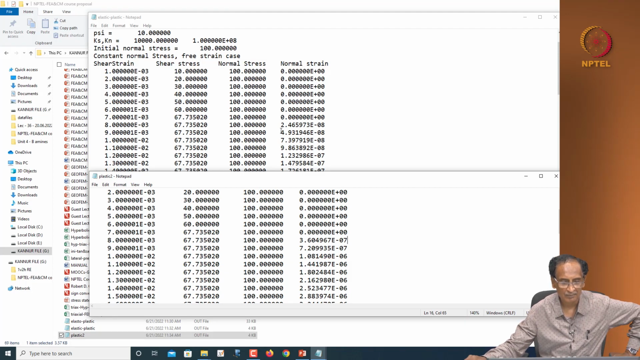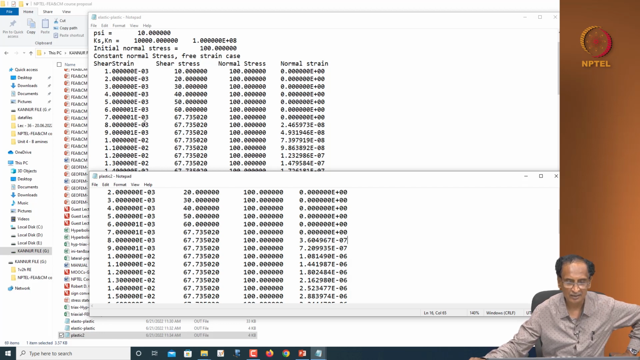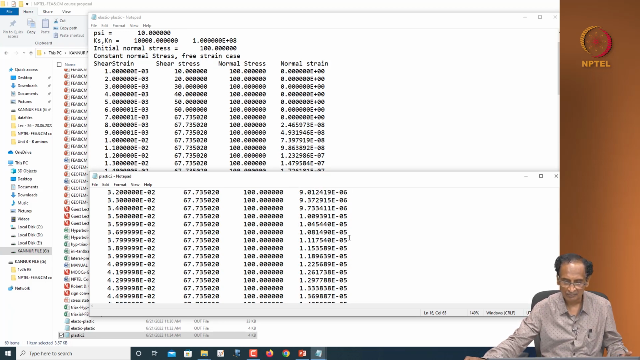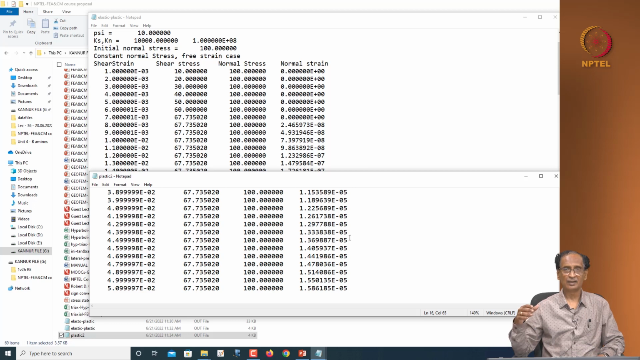see this, at a shear strain of 8 times 10 to the power of minus 3, your normal strain is 2.46 times 10 to the power of minus 8, whereas at the same shear strain with a higher dilation angle, we get a larger dilation because our dilation angle is larger. So, we see that with a higher dilation angle, we get more dilation, more volume increase, and this volume